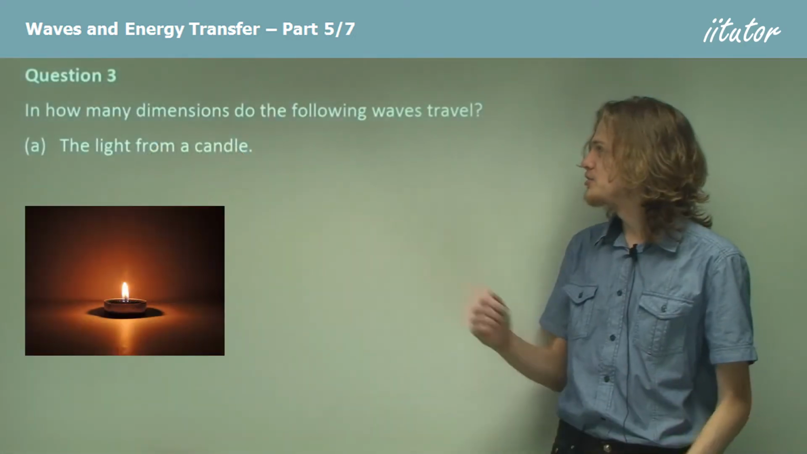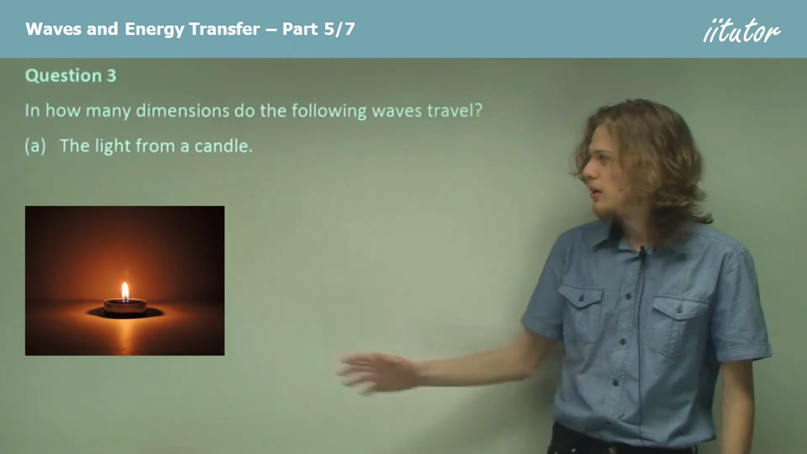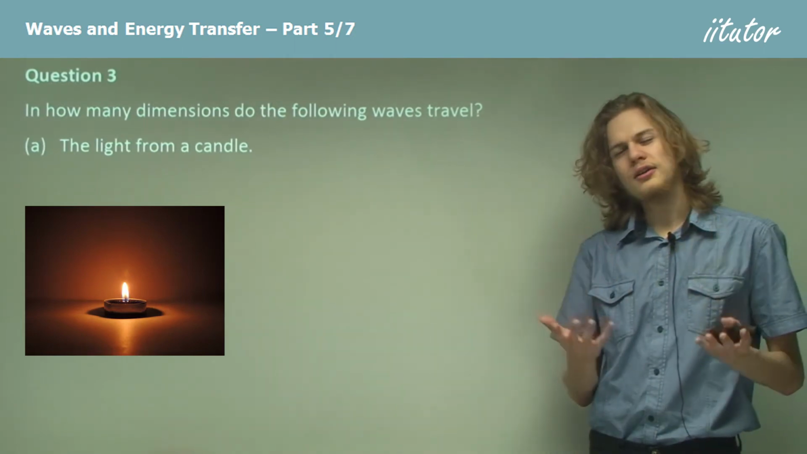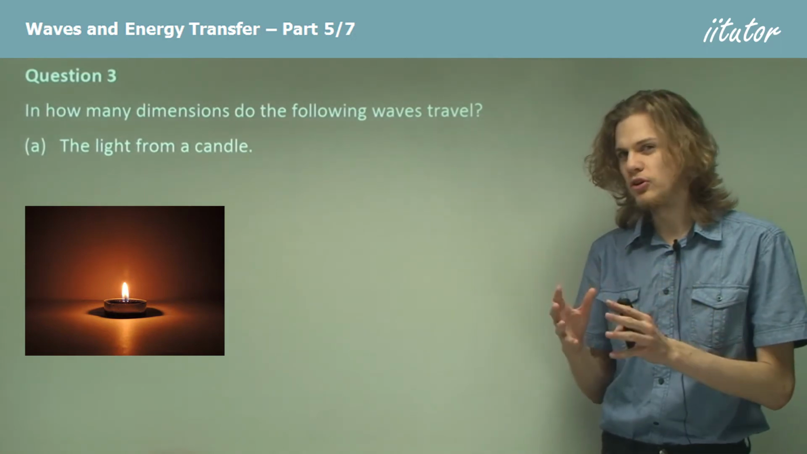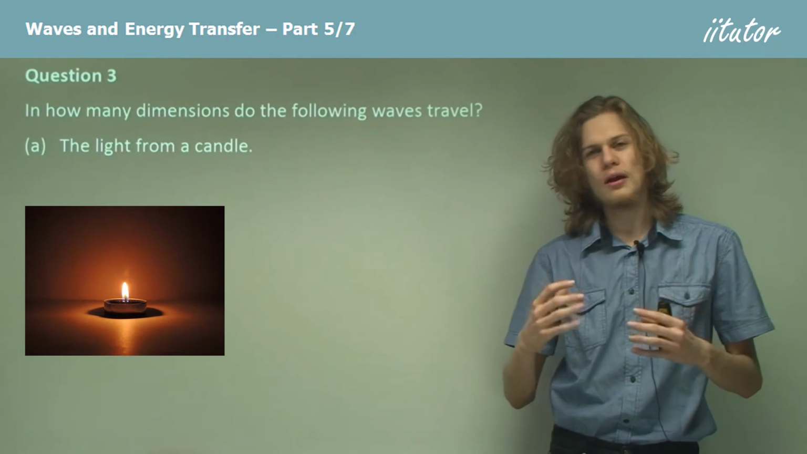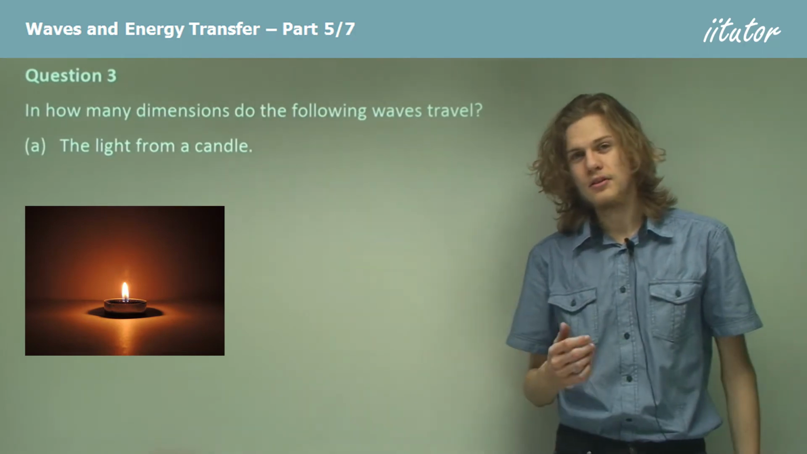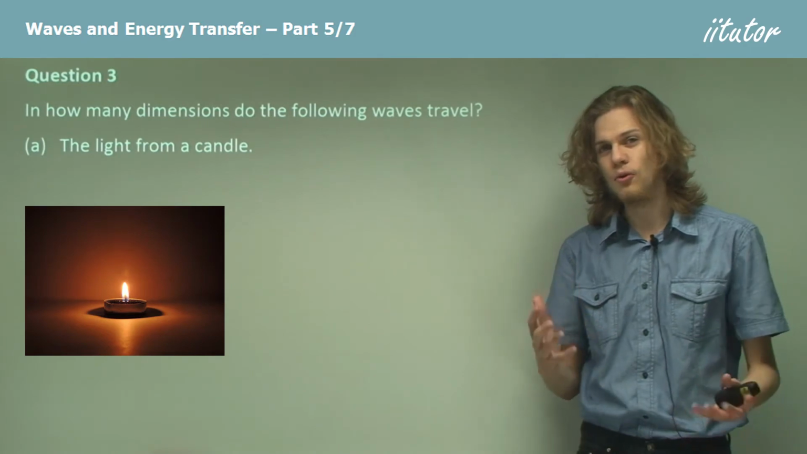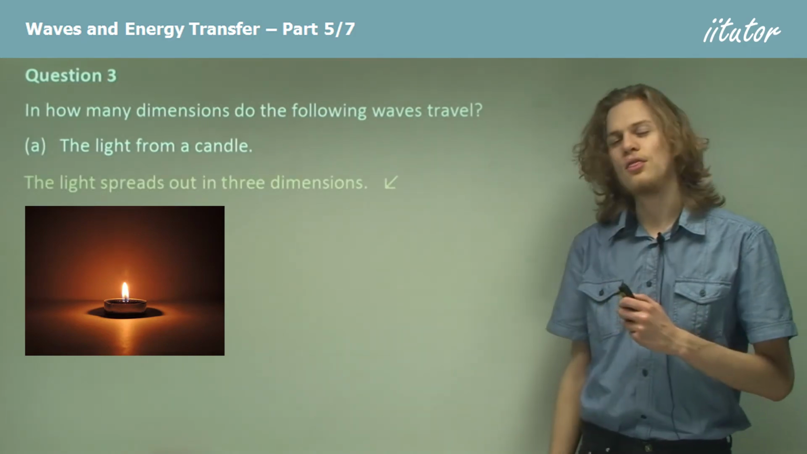In how many dimensions do the following waves travel? Part A, the light from a candle. Now, when we light a candle, can we see it from only one direction? Or can we see it from just a single plane? Or can we see it from all directions? The answer, of course, is that we can see the light from every single direction, and therefore, it's a 3-dimensional